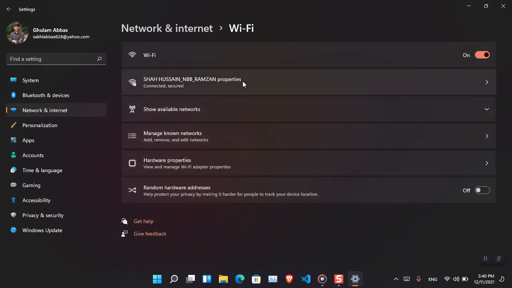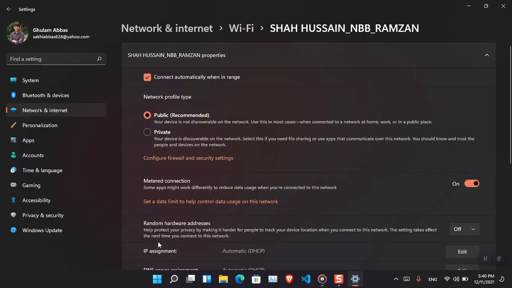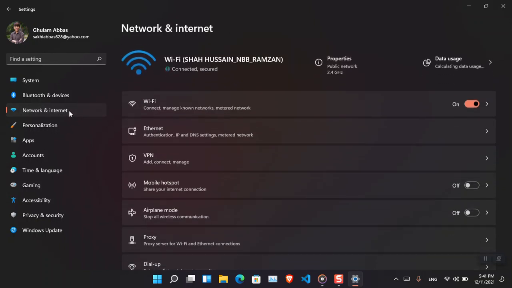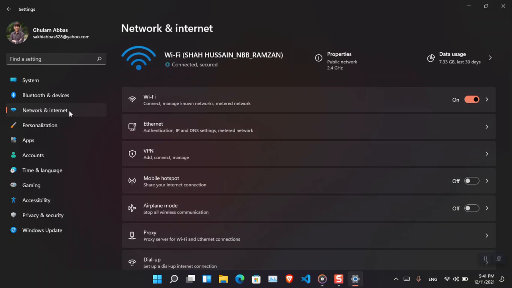Wi-Fi, the network which I'm connected to, and yep, metered connection. So basically when that is turned on, you won't receive any updates at all. One more thing you have to make sure, although it is by default turned on, from the settings of Windows 11, and that is the advanced settings in the